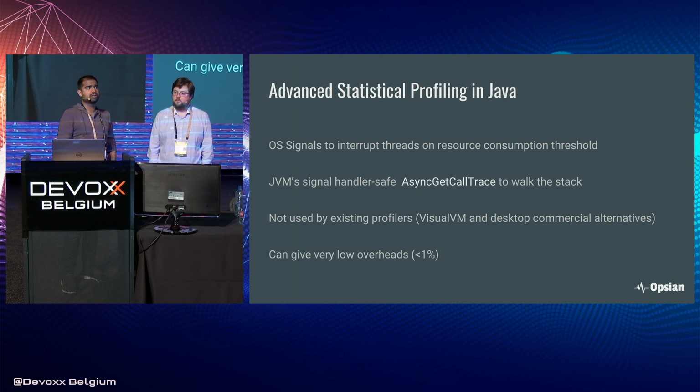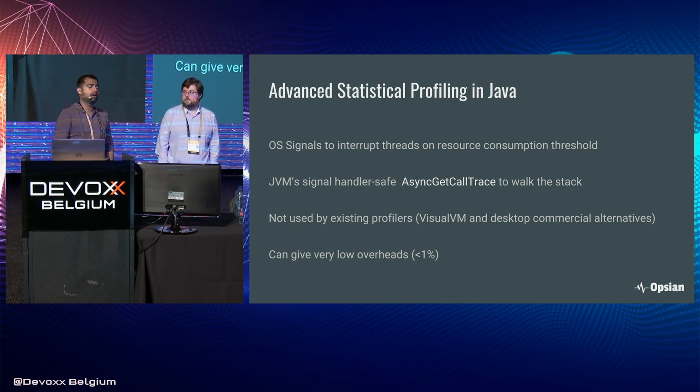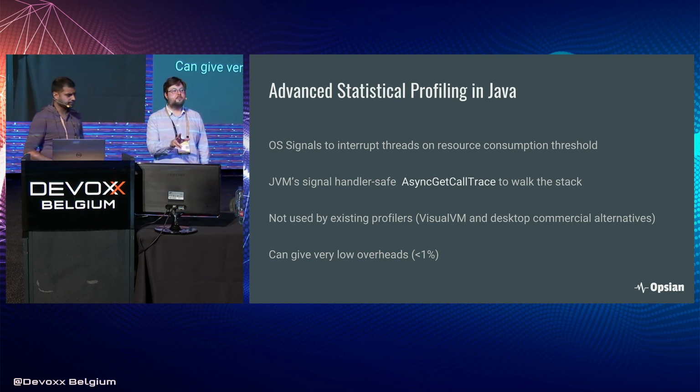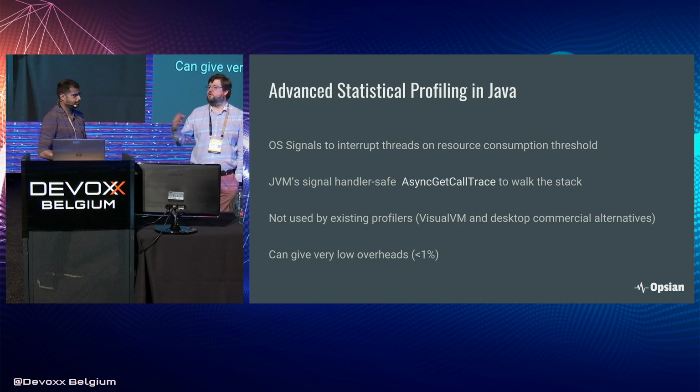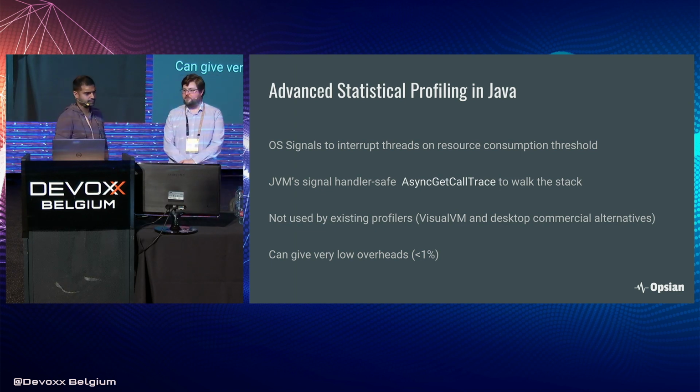And this is not a technique that's generally used by existing desktop profilers, because it's kind of hard to do with a desktop profiler. There are a bunch of open source profilers, things like Async Profiler, and Honest Profiler, which was written by Richard here, that support this technique. Mission Control also uses a similar approach, with a slightly different method internally, to gathering data as well. So it can give you low overhead profiling.